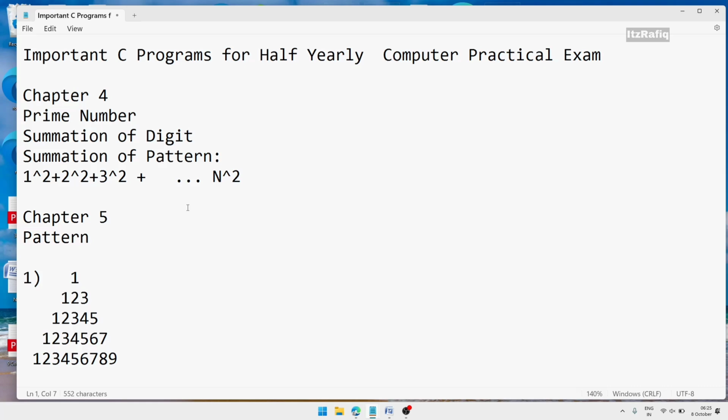So first, let's come to chapter 4. In chapter 4, you will see summation of the digits of a number, prime number, and summation of the pattern. Summation of the pattern is easy. Just use a for loop, and inside the for loop you will add the numbers